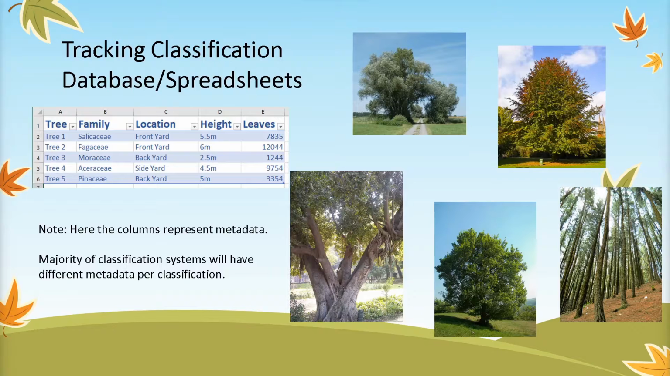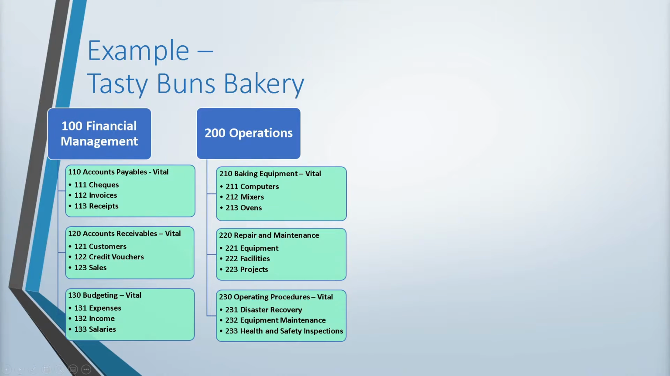applied to our trees. So let's look as we build on this, instead of trees being what we're going to classify, let's actually look at some information, records, different kinds of assets that we might be applying classification to within our organization. So let's move on to another example. We're actually going to take the example of the Tasty Buns Bakery from Peggy's